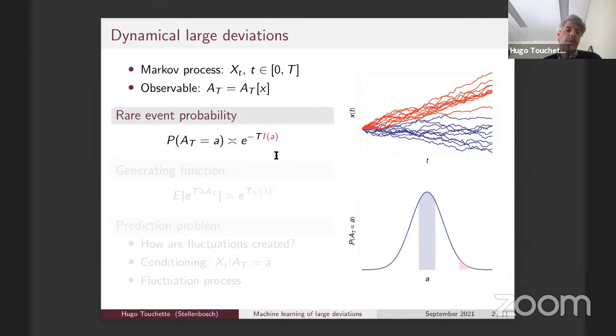But the main point here is that you have this exponential concentration, which is described by what we call a large deviation principle or a large deviation approximation. So that funny sign here just means asymptotically, when time goes to infinity, this is the dominant scaling of the distribution. And once you know this, then what you're interested to calculate is the exponent of that scaling, which we call the rate function. And so that's this part here in red.